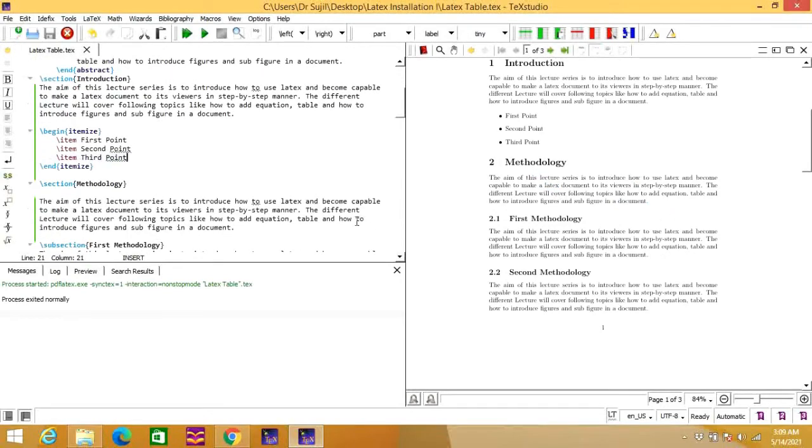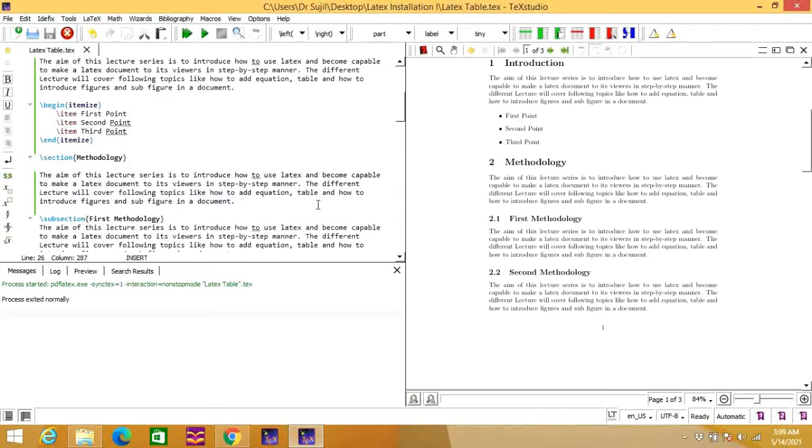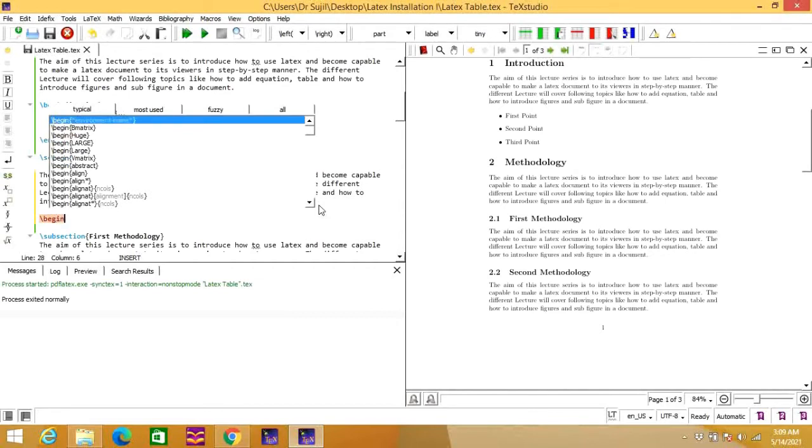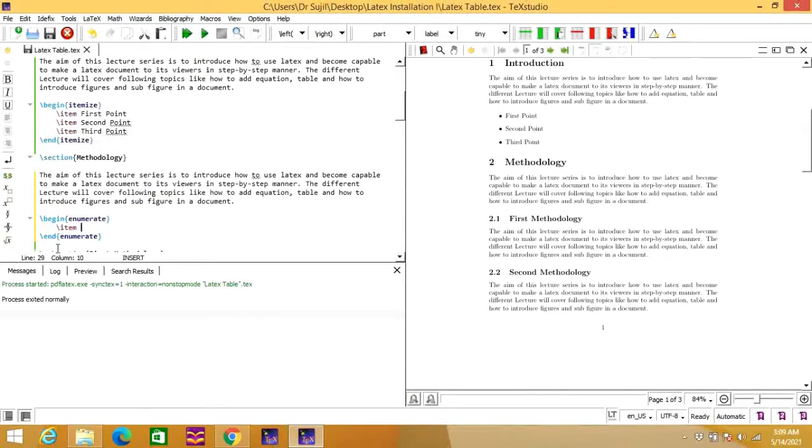So you need to go here, have an enter here. For introducing numbers you need one command, \begin{enumerate}. It will automatically generate another command, \end{enumerate}.